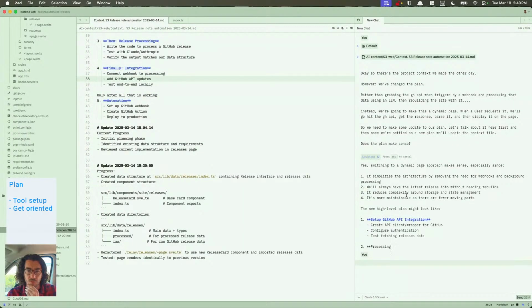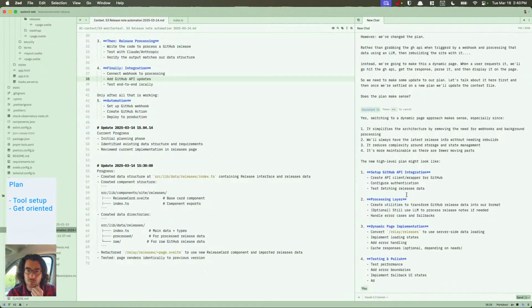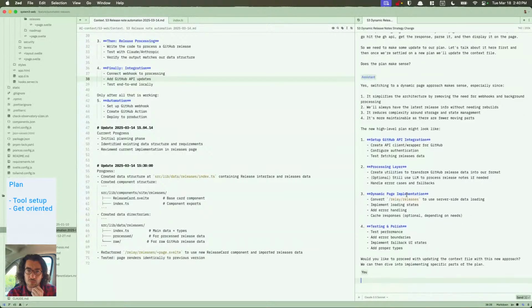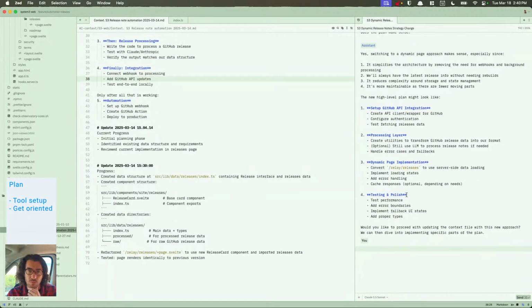Yeah, dynamic approach makes sense. Tests, fetching, release data. Yeah. No, for this one, yes, the reason we wanted to do that